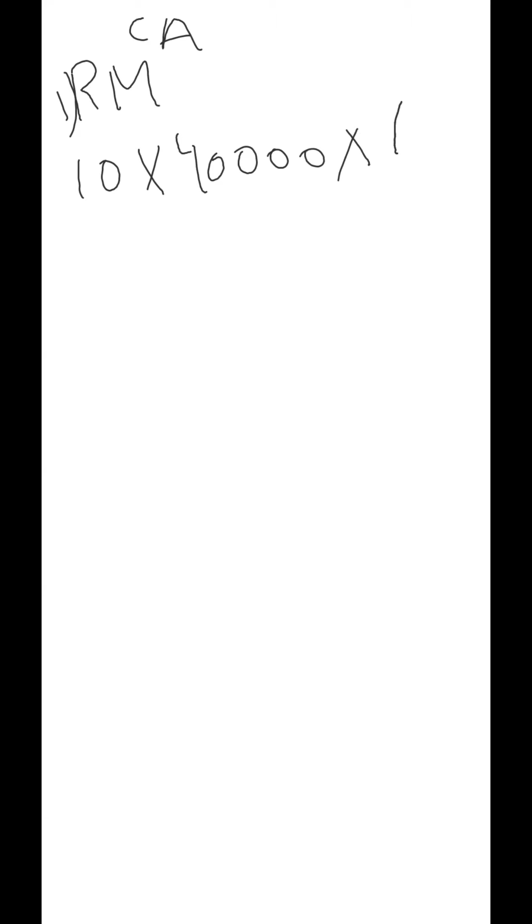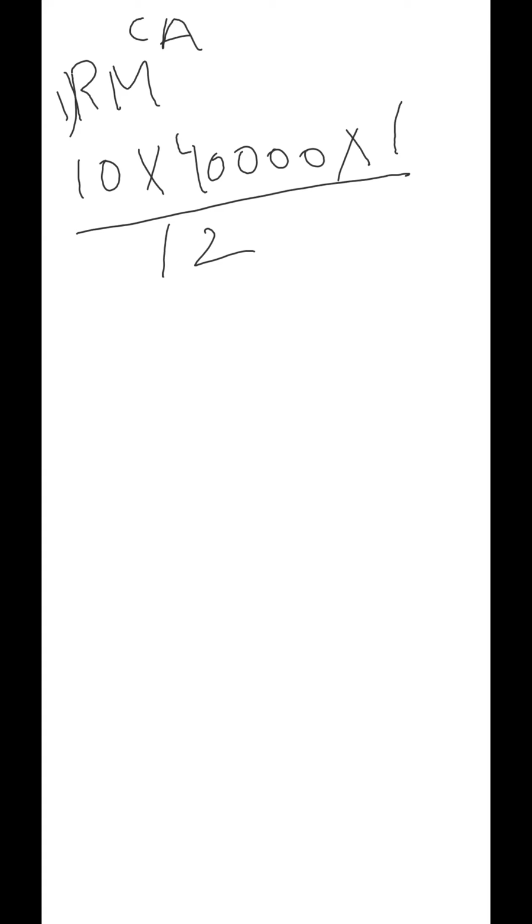that is, under the heading of current assets, the first item we have to calculate is your raw material. So the raw material cost is 10. The number of units that is given is 40,000. And average raw material in stock is 1 month, that is 1 divided by 12. This is for your raw material.